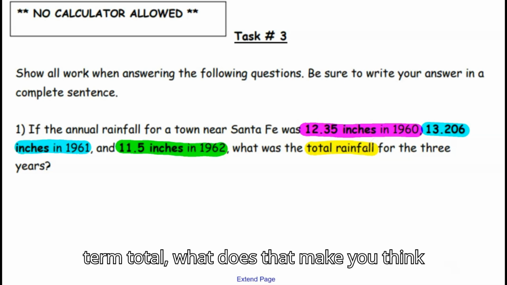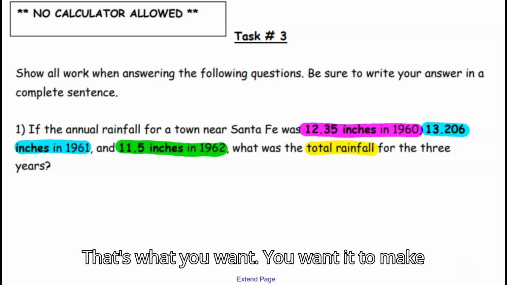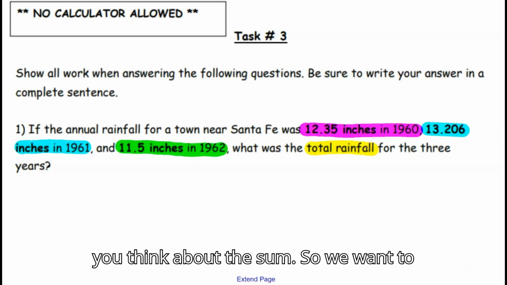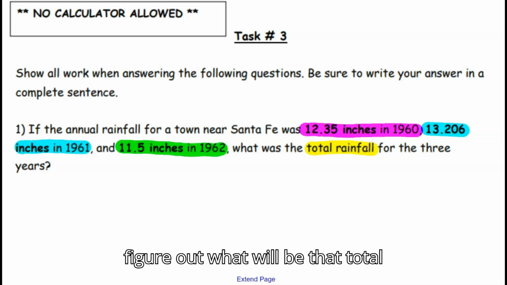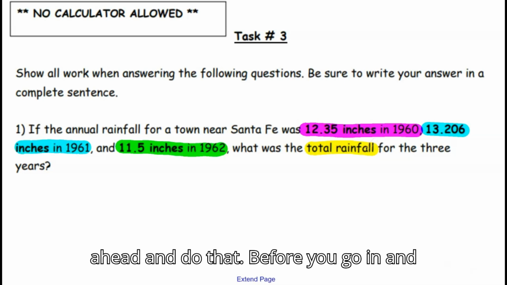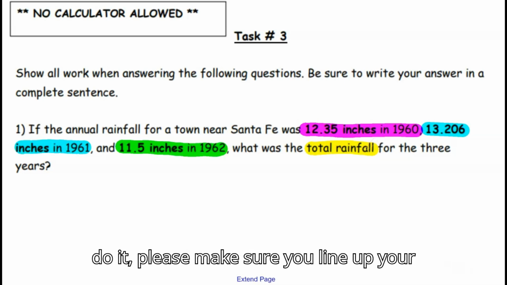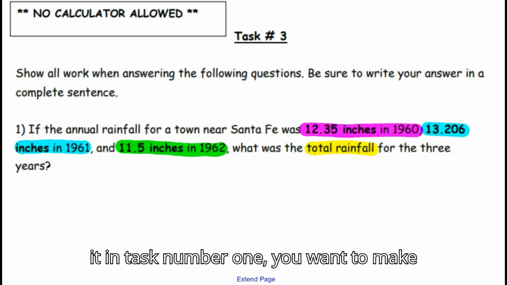When you see the term total, what does that make you think of? Awesome. That's what you want. You want it to make you think about the sum. So we want to find the sum of these 3 decimals to figure out what will be that total rainfall for these 3 years. Let's go ahead and do that. Before you go in and do it, please make sure you line up your decimals. As I stressed in task number 1, you want to make sure you line up